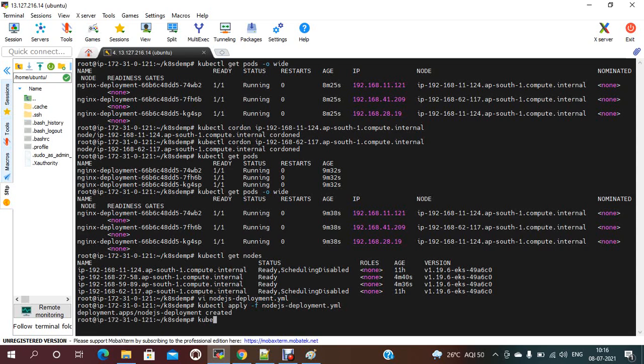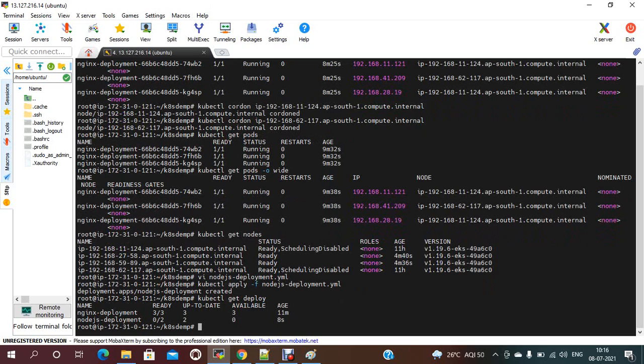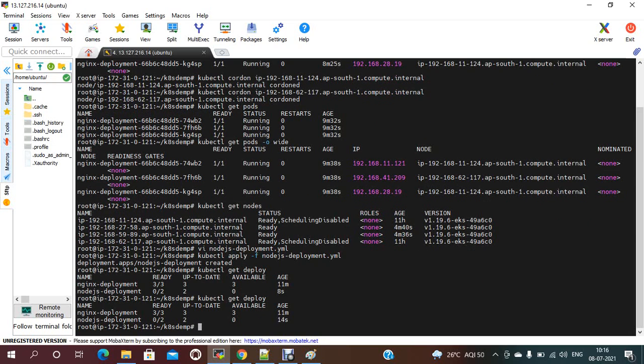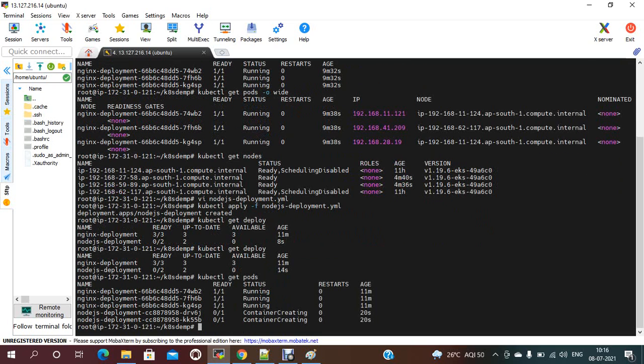If you check now kubectl get deploy, still it is in running state. Check kubectl get pods, the container is creating.